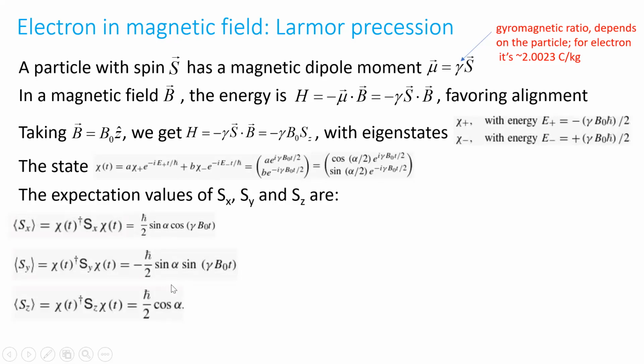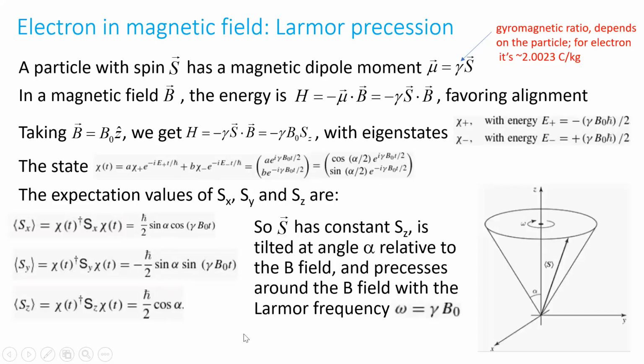Okay, so what does this mean? Let's visualize this a little bit. Okay, so this is the vector S with components Sx, Sy, and Sz. This says that S will have a constant Sz, because it's just equal to the constant h bar over 2 times the constant cosine alpha that we picked. So the Sz will be constant. So it's at the same height, and S will be tilted at an angle alpha relative to the B field, because Sz is cosine of alpha,